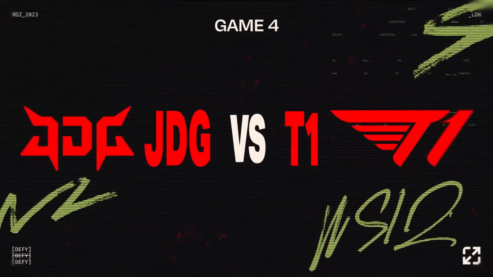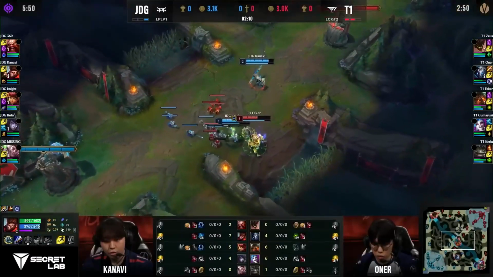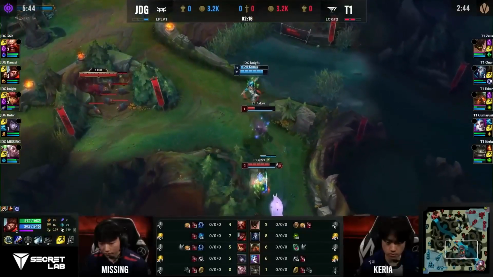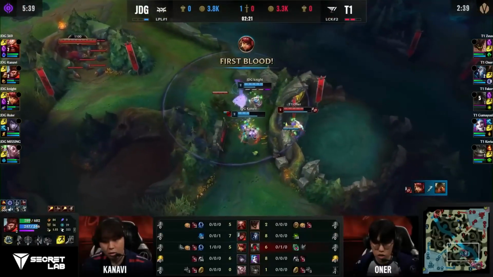Faker is clearly trying to shove mid. Kanavi's going to come through, and they're going to try to look for Faker. Well, Faker could be in a little bit of trouble here as he does have the passive, puts it down onto Knight, but not going to have much more afterwards at level 1 as Faker is going to try and get over towards Owner. Into the brush they go as first blood goes to Knight, and